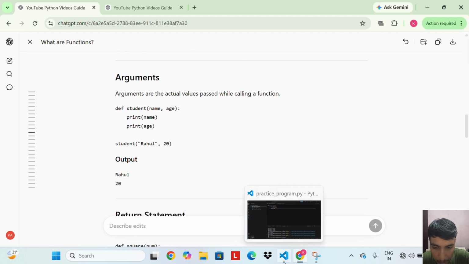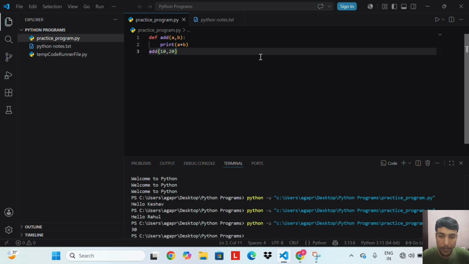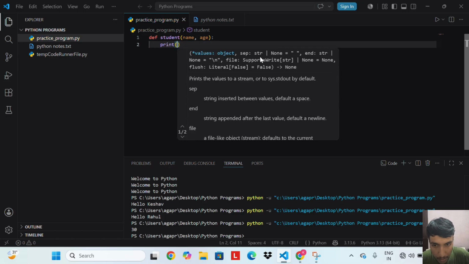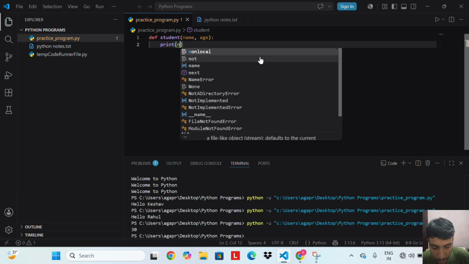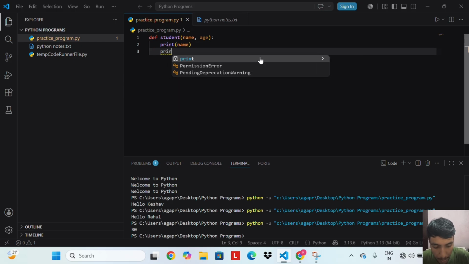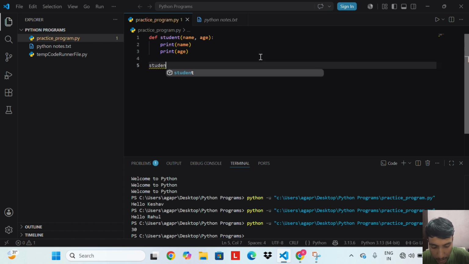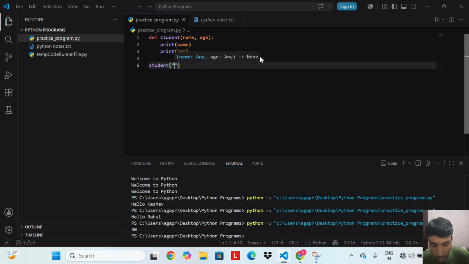So let's do an example of arguments. def student name comma age, print name, print age, student Rahul comma 20.